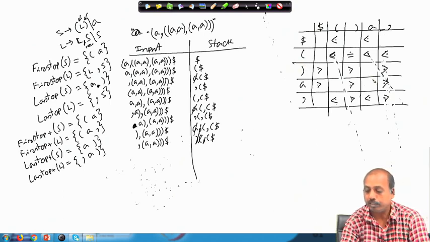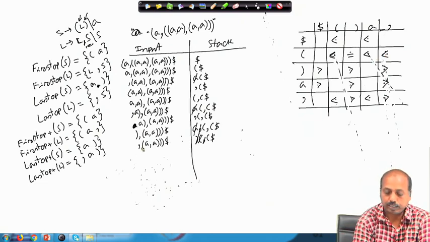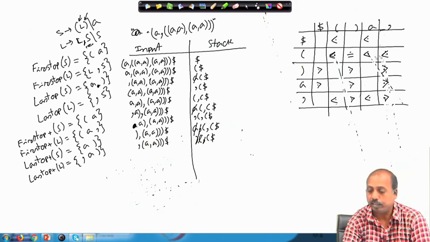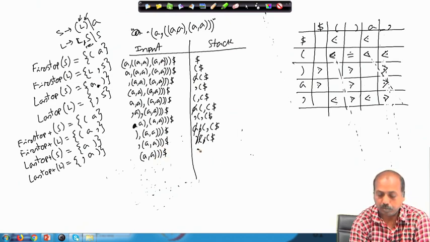So, open parenthesis and comma. Open parenthesis is of lower precedence than comma. So, the process stops. So, we have got the next situation as open parenthesis and comma. So, open parenthesis and comma said it should be less than. So, it will go to A comma A, then dollar, then this should be comma, open parenthesis, dollar.